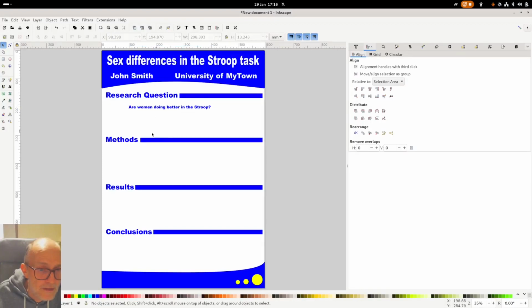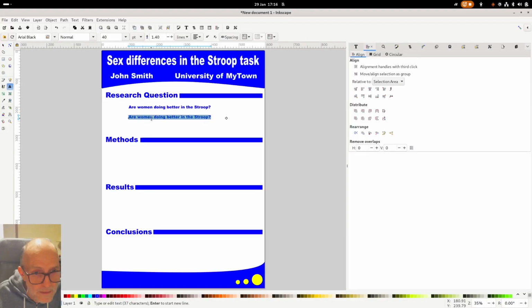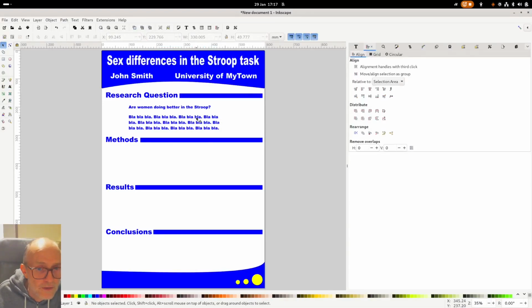Maybe here you can have some more text, blah blah blah. So let's have some more text filled with blah blah blah. I would maybe write about the theory, so you can have some more information here, blah blah blah. As I say, the focus here is not on the content. The idea is, but what you can do in order to make this appealing also is you can have some